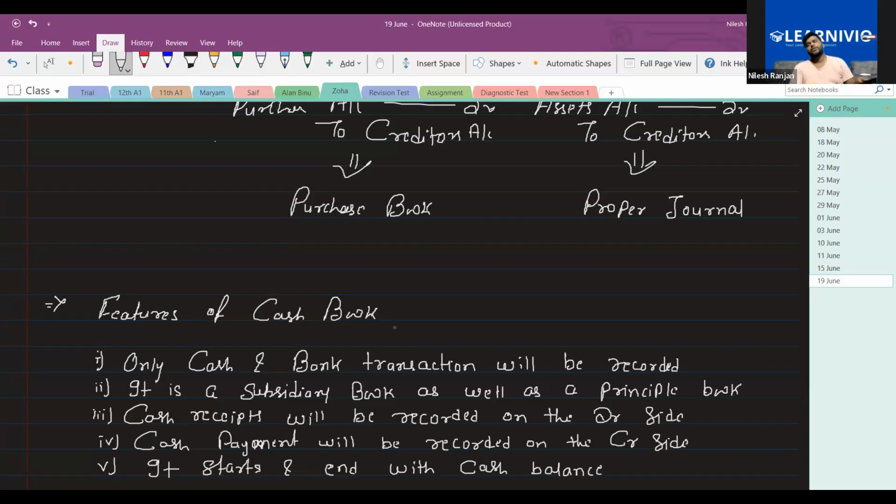So the third is cash receipt will be recorded on the debit side. As per the rules of a real account, when cash is coming in, it's debited. When it goes out, it's credited. So cash receipt will be recorded on the debit side, debit what comes in. And cash payment will be recorded on the credit side, because credit what goes out. Now, the next is